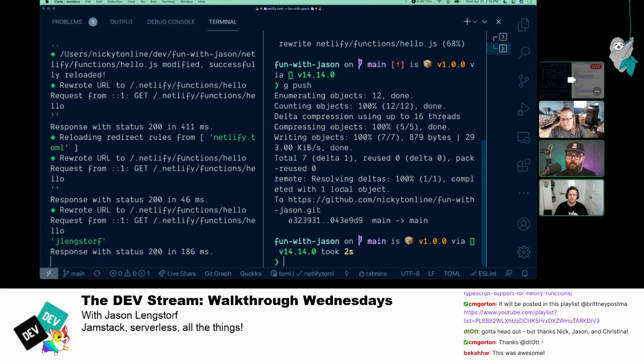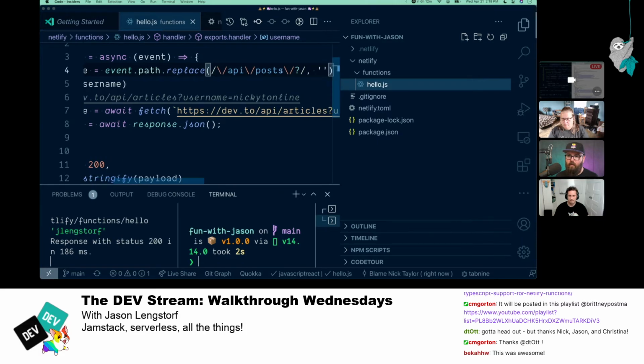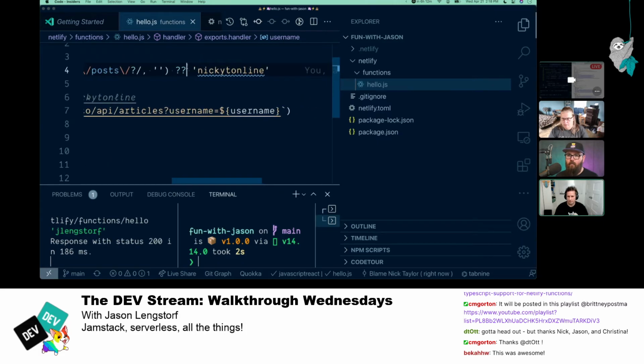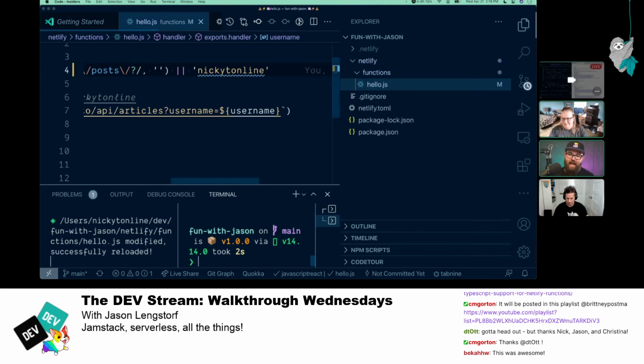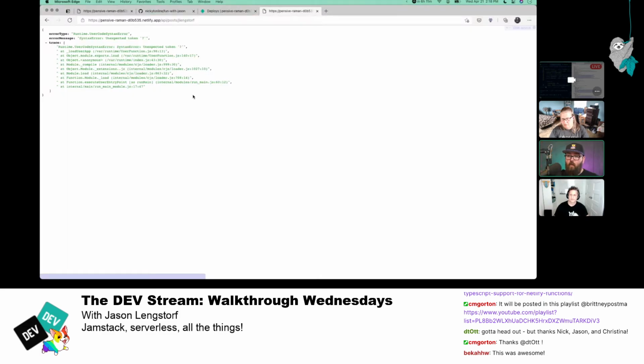So an easy fix for that will be to just use or instead of nullish coalescing. Yeah, cool. No problemo. You are nice, nullish coalescing, but not this afternoon. I think we would need to set it to use node 14, which we just need an NVMRC for. I haven't tested it with functions recently.